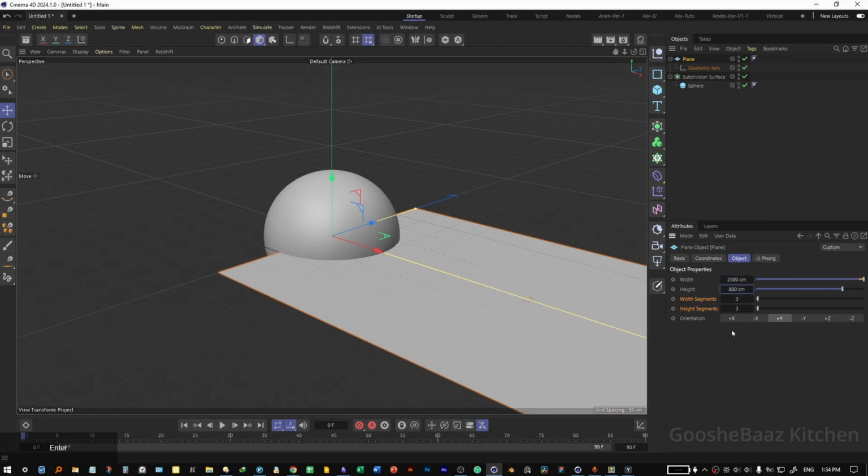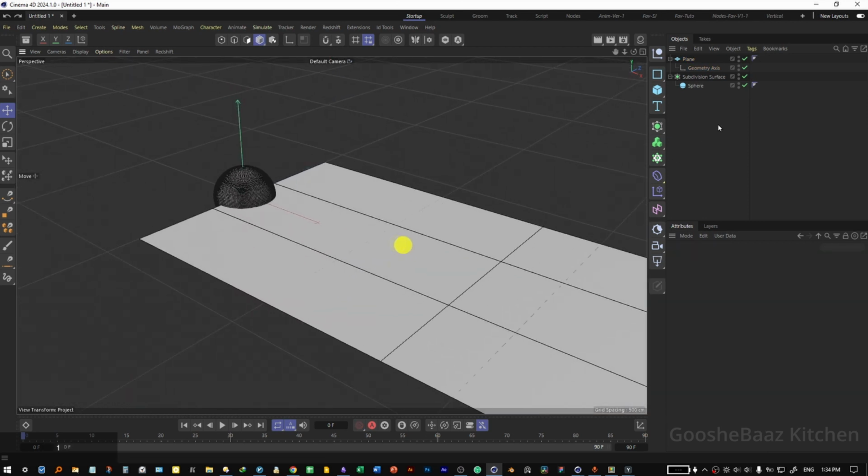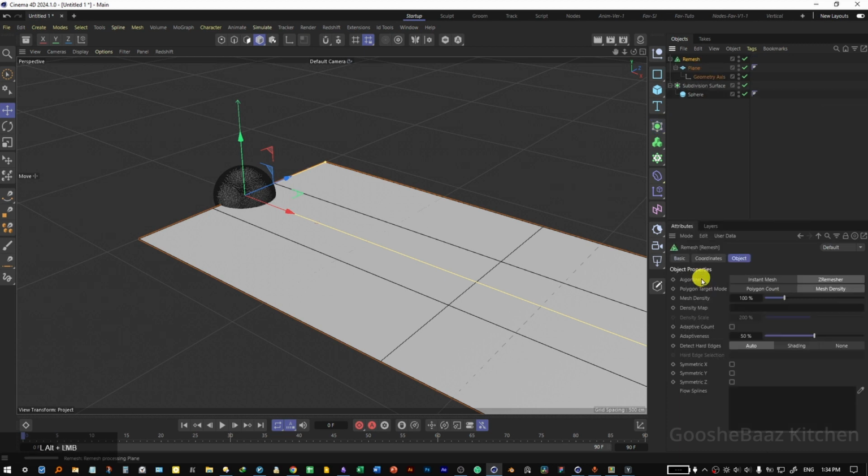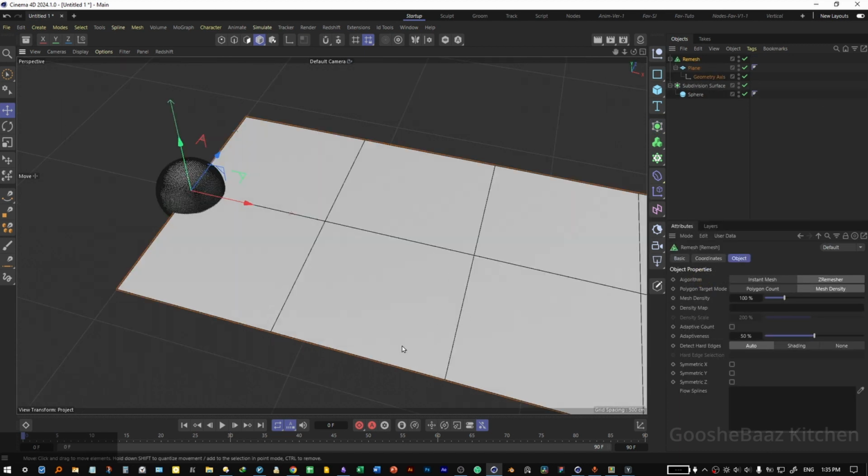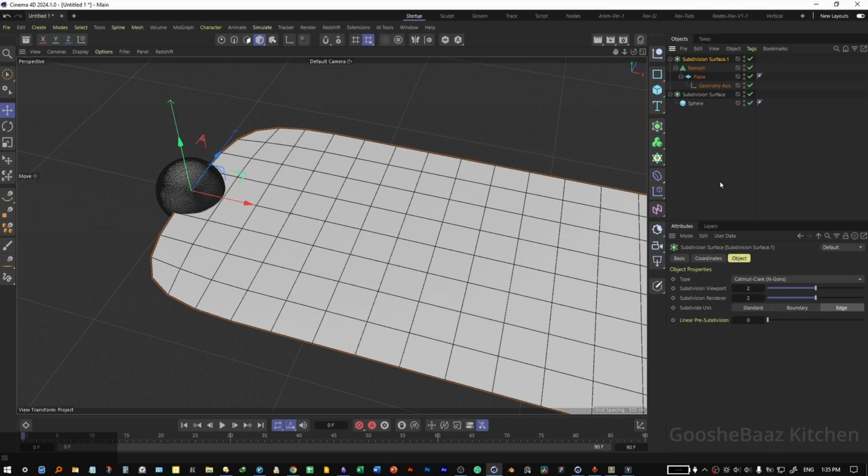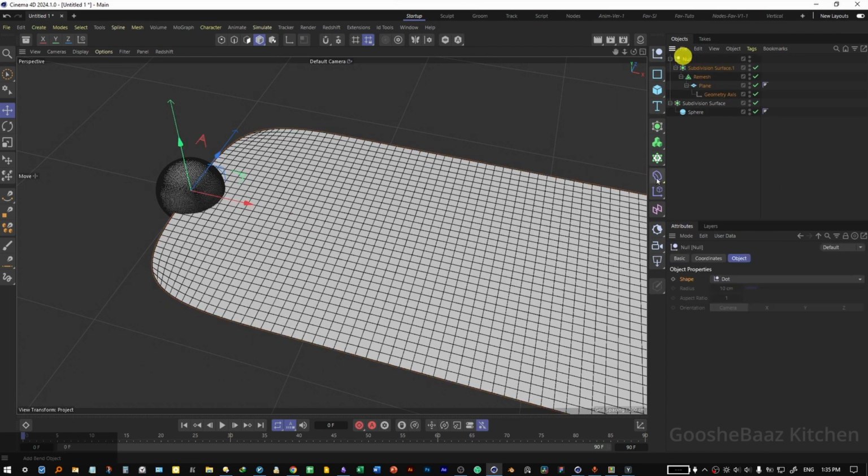the height to 800, enable the wireframe on the scene to see the segments, put the plane inside the remesher. Now our segments are more evenly distributed. Put the remesh inside the subdivision surface, change the subdivision viewport and render to 4, add the displacer deformer inside